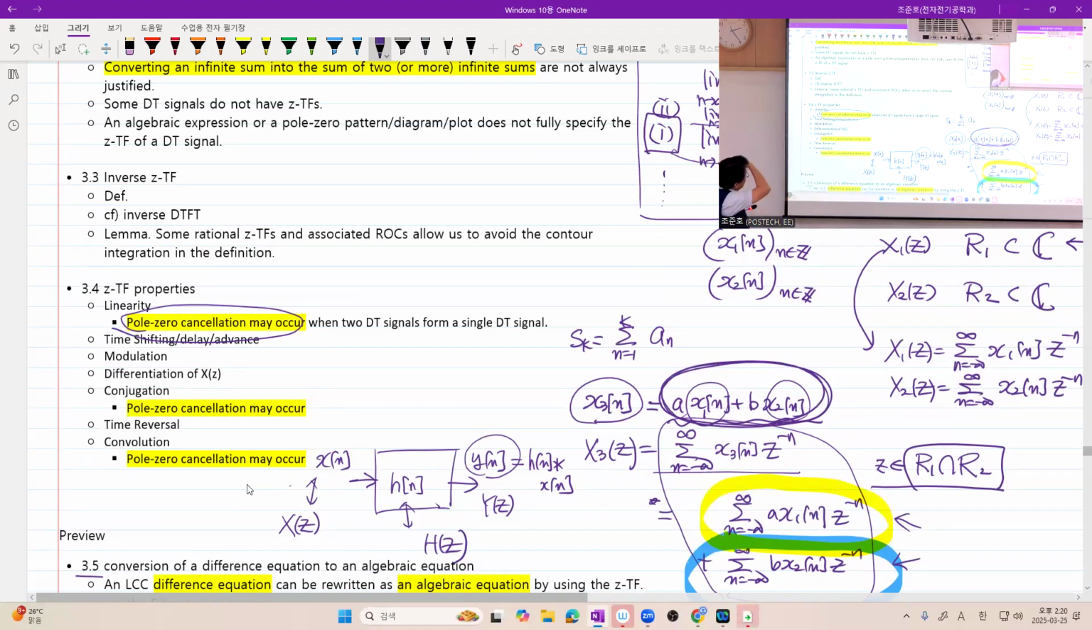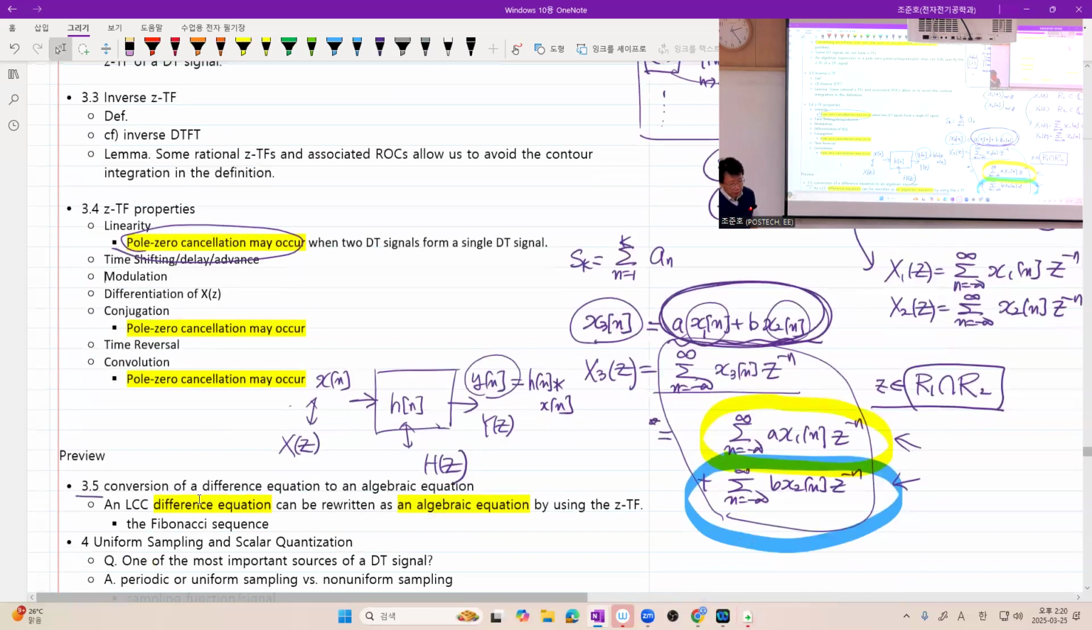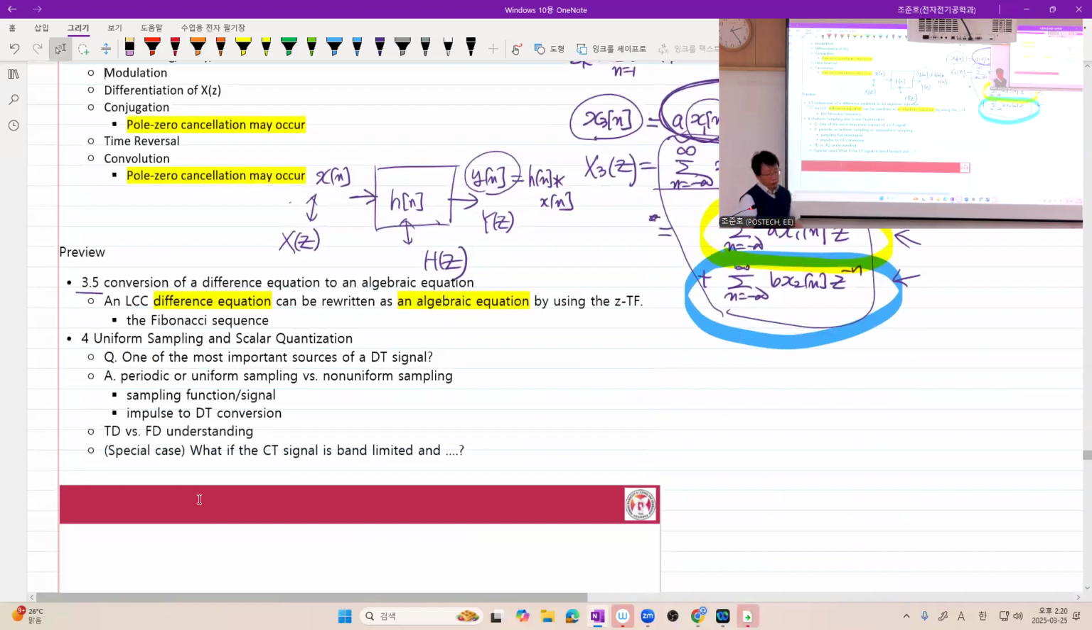Okay, what else? Yeah, I will skip that. So here goes the preview or review, because we just a little bit covered section 3.5 in the last class meeting. So here goes another alarming sound, caution. Not every DT LTI system has